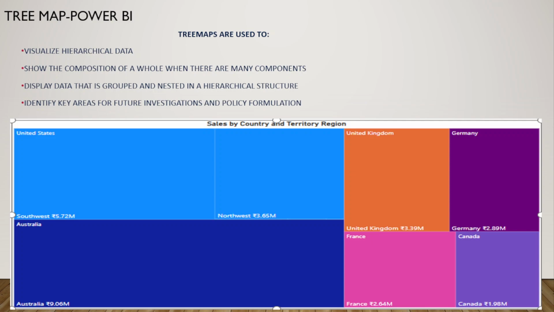My name is Amit and today we will discuss Treemap. What is Treemap and where can we use it? First of all, Treemap is one of the visualizations in Power BI and it is used to display hierarchical